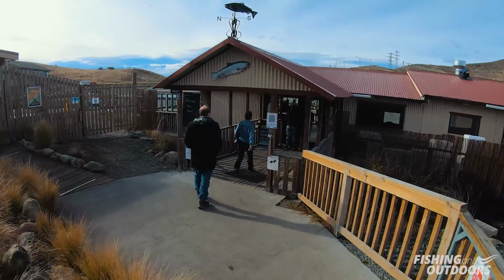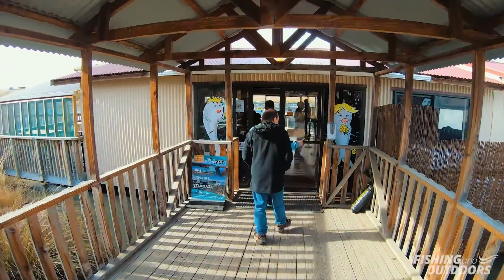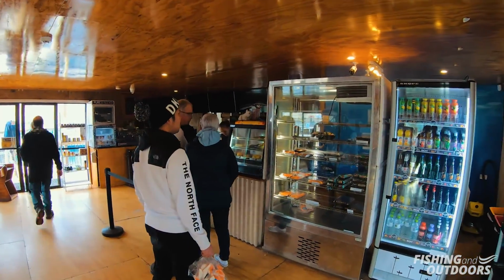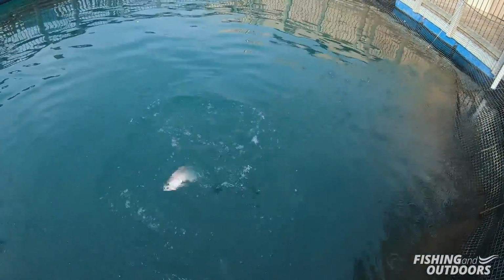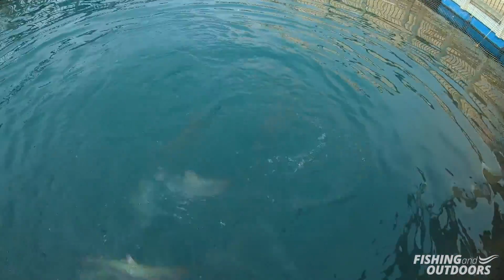So we're monitored by our biomass on farm. We're controlled by council and ECAN in terms of how much fish we're allowed on farm at any one point in time, and that's balanced with the other farming activities within the region as well, and land use activities. And that's all around nitrogen discharge. Salmon farming is a little bit unique in terms of knowing exactly the environmental impact. So we know through feeding 200 tonnes of fish what the nutrient impact is going to be within the water, and the councils have then determined that the waterways can take this much impact, and we can farm to that